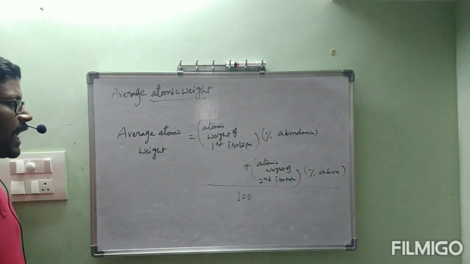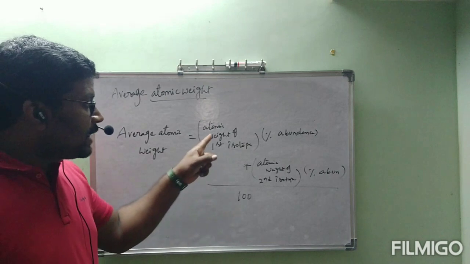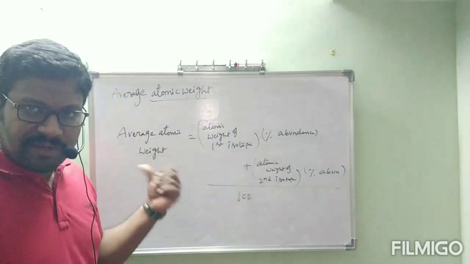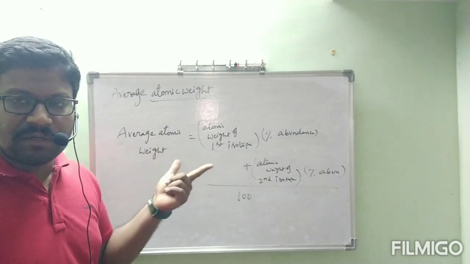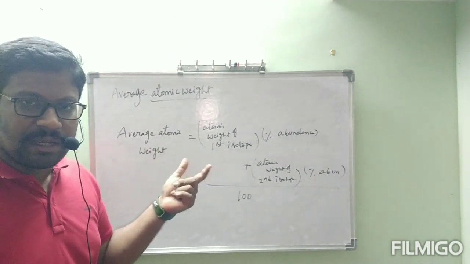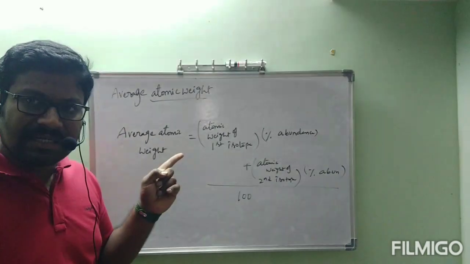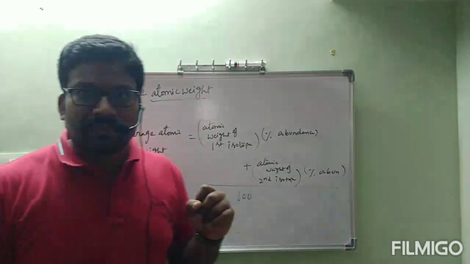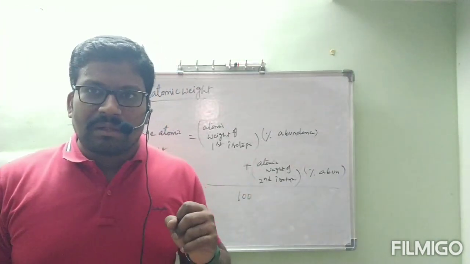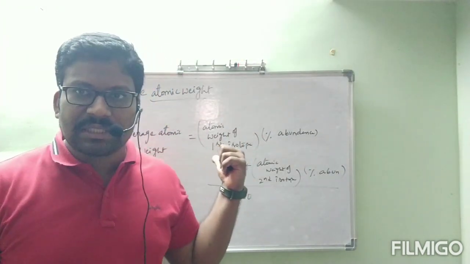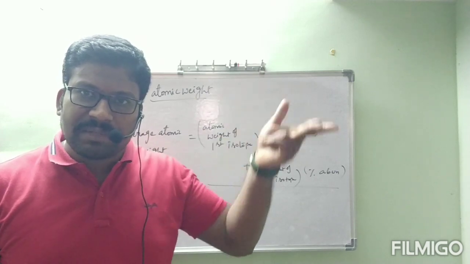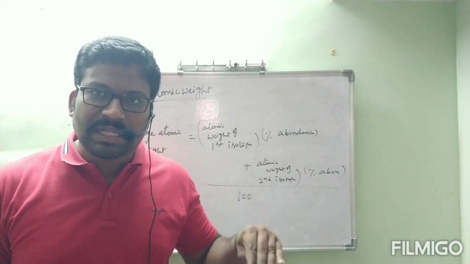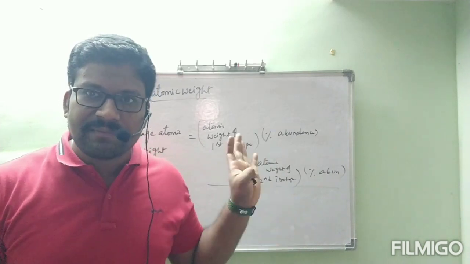One more time. Average atomic weight is equal to atomic weight of first isotope. By seeing the example, we will understand, no problem. First note down this formula like this. After that, we will go through the example. Then you will be clear. Why did I raise this topic? Because for chlorine, we got gram atomic weight 35.5. Did you remember? For giving that clarity, I just raised this. Otherwise, we can go through it after completion of isotopes itself. But these are all basic concepts, which we have to know in the mole concept itself. That's why we have to teach it here.